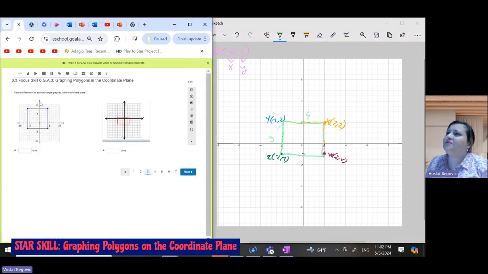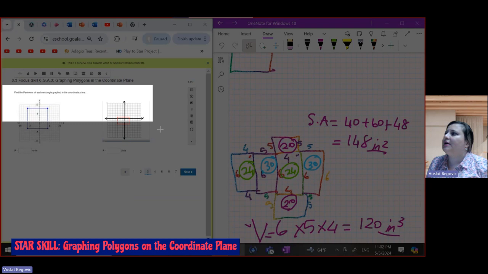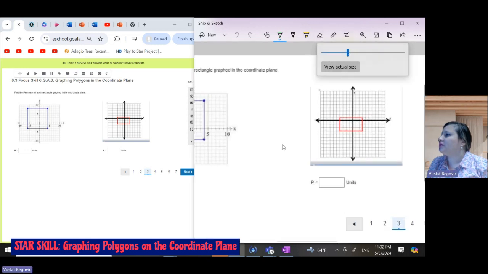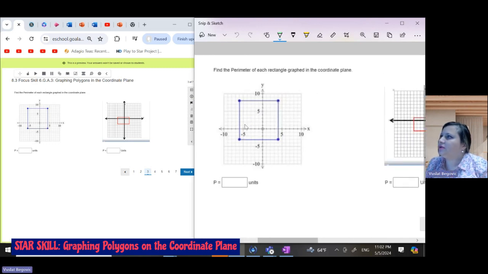Find the perimeter of each rectangle graphed in the coordinate plane. I will just do new, and then I will now see this one. I am making it bigger because it's easier to work with it like that. Let's work the perimeter of each rectangle graphed. Well, in this one,